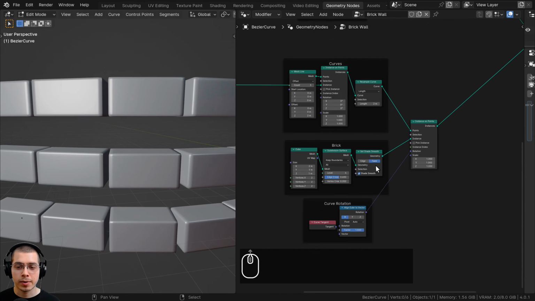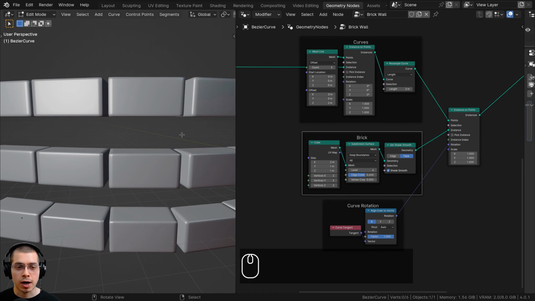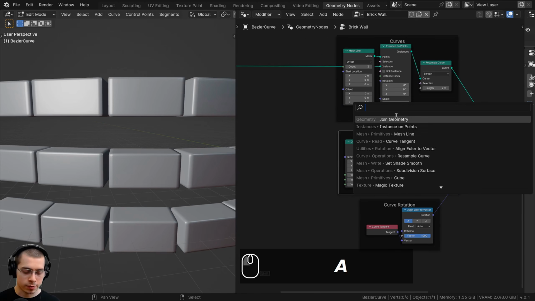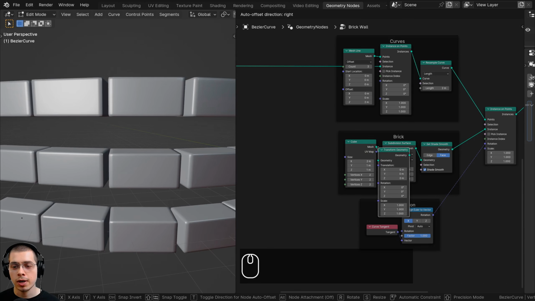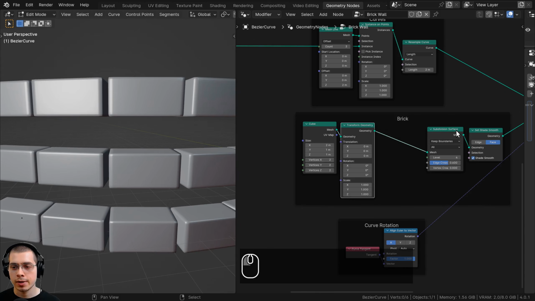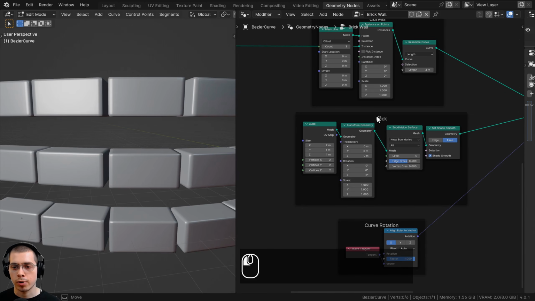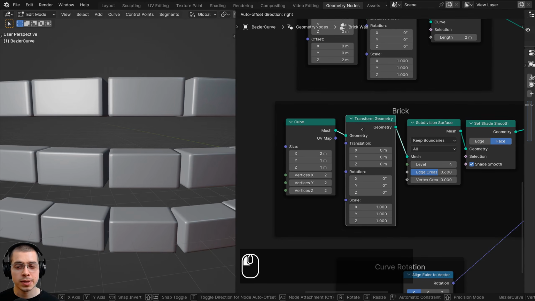So let's now go down here to the bottom bricks, and we're going to use this bottom brick layer, and we're going to offset the bricks over. So I'll press Shift A and I'll go to the search, and I'm going to search for the transform geometry node, and let's put that here after the cube. And I can bring these down to give it a bit more space, kind of bring these over, kind of compress that in. So now this transform geometry is after this cube, and so we can use this to transform